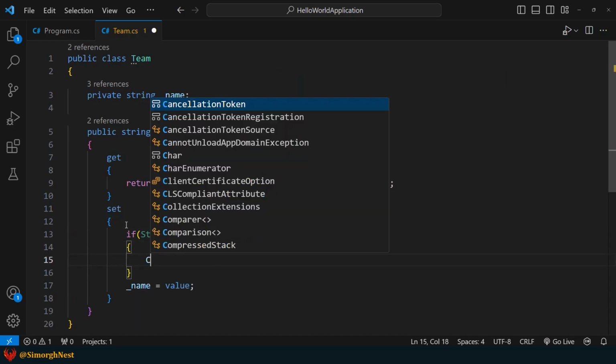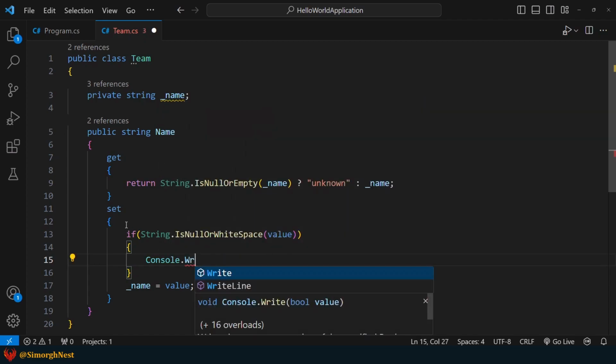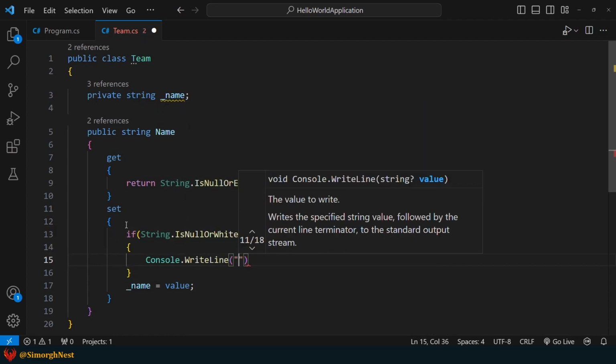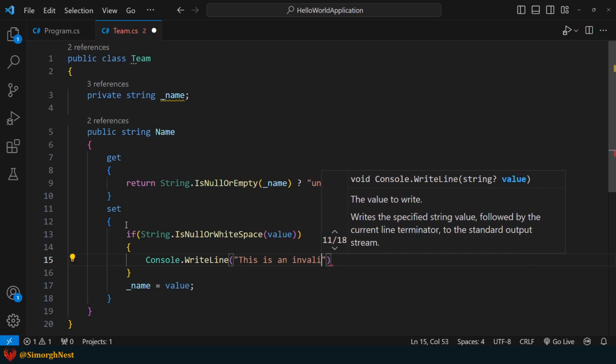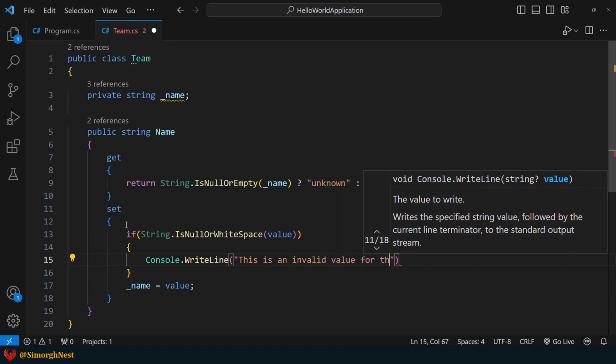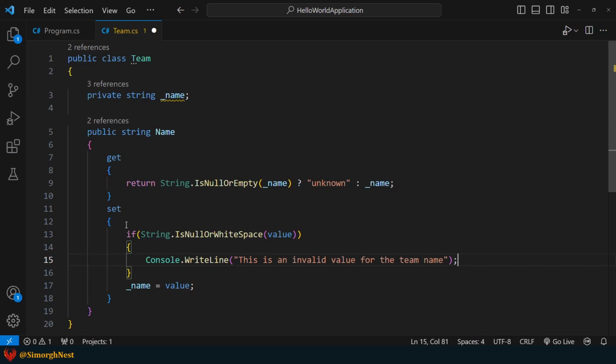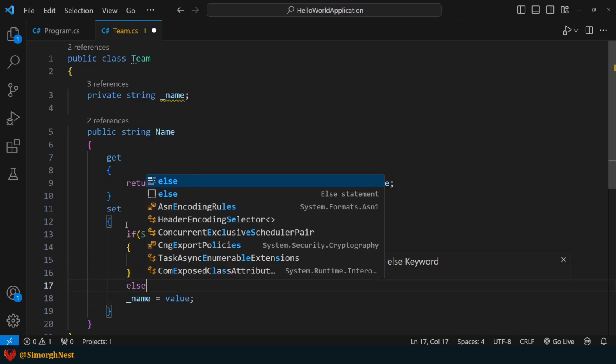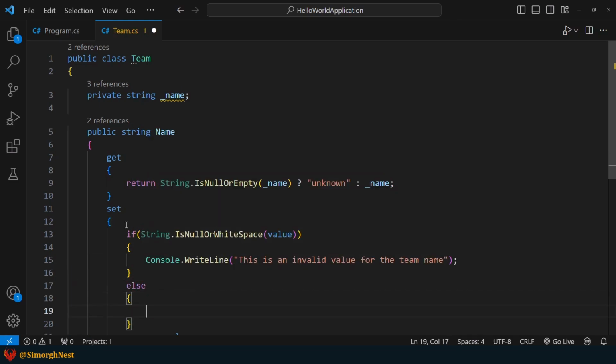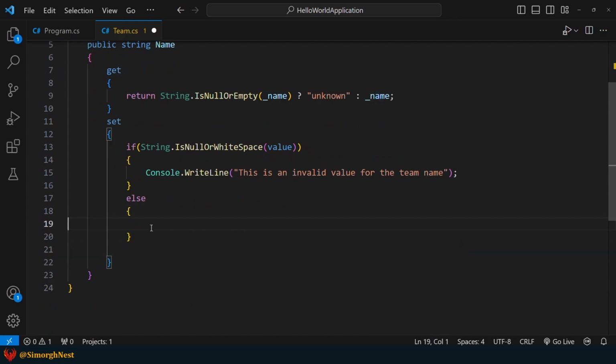If it does, we display an error message on the terminal. Otherwise, the value is valid, so we assign it to the name field. By implementing this validation, no class can assign an invalid value to the name field.